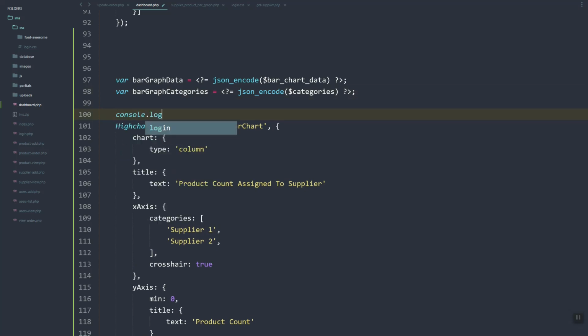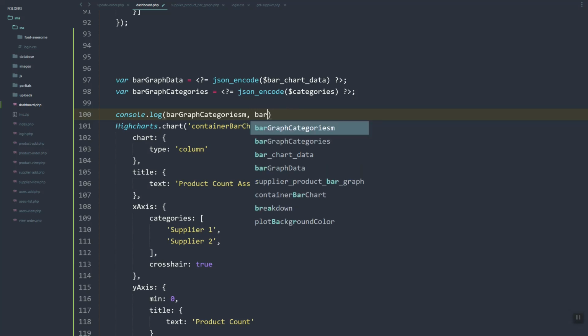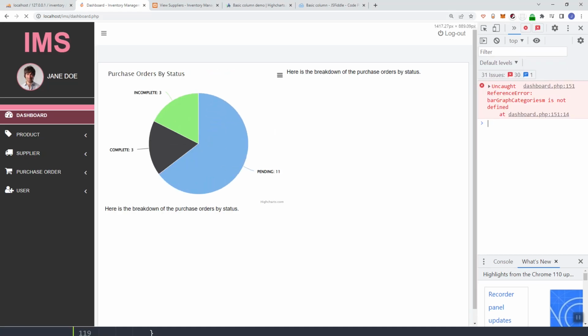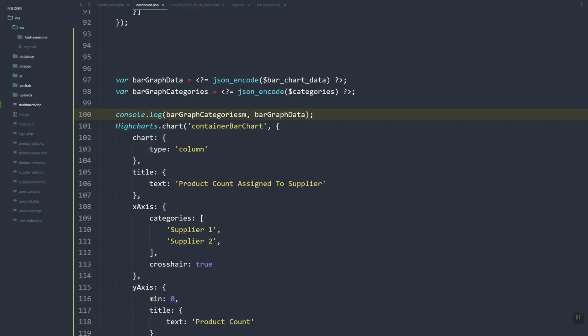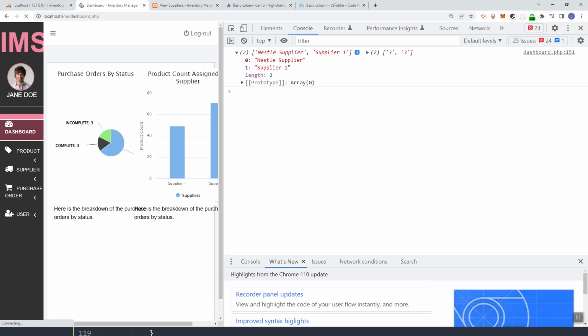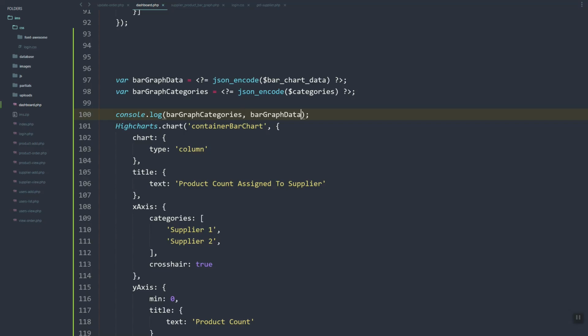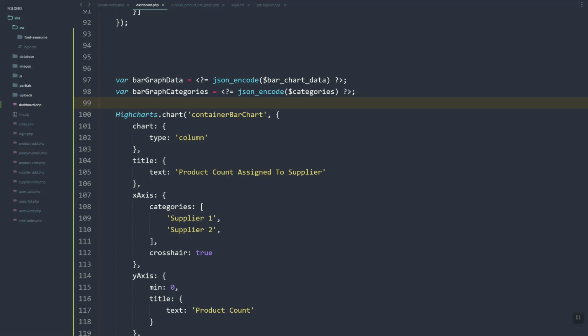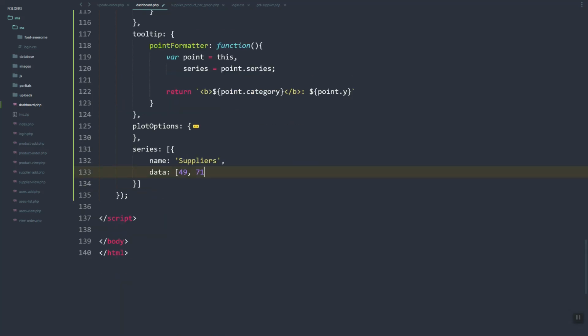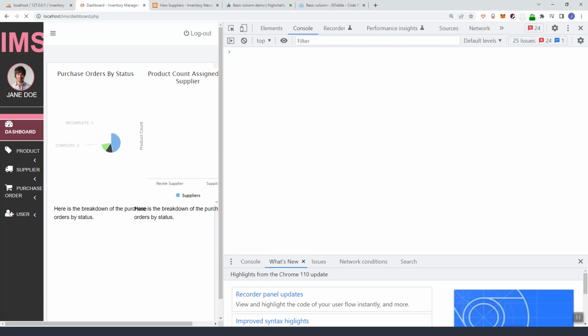So if we plug this, refresh, so categories, as you can see we have the suppliers and its corresponding count or product count. So now let's plug in to our graph. So this will be the categories, then here the data. So if we refresh,